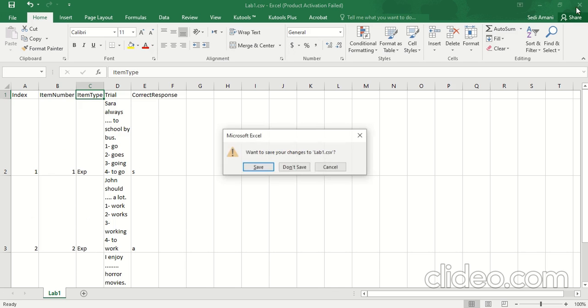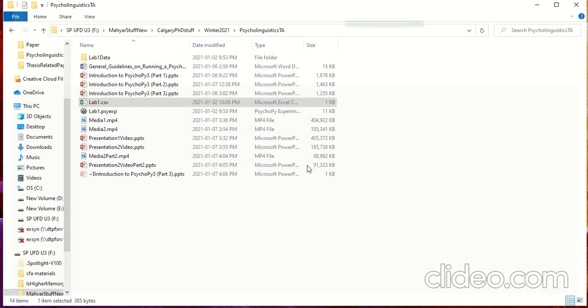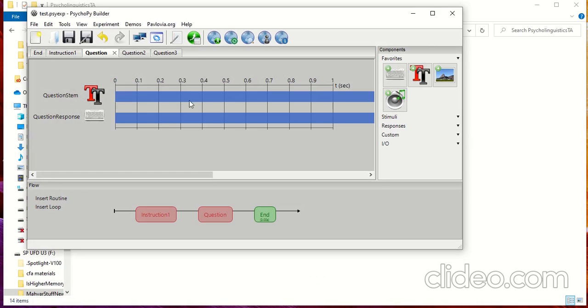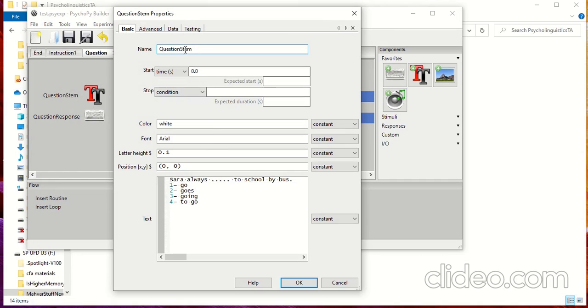So we will close this file, and then we come back to our file. So now what should we do? We come to the question routine. First of all, we should change the question stem, because if you remember, this stem was only for one question. Now that we have different questions,